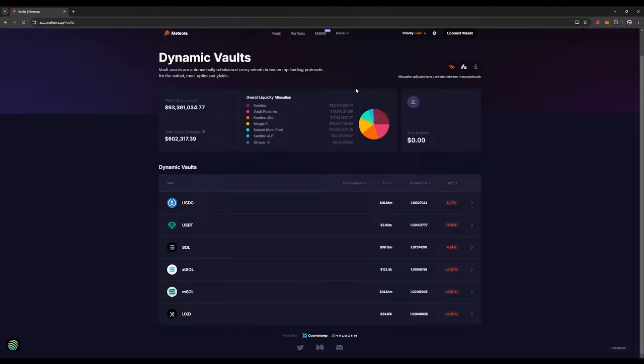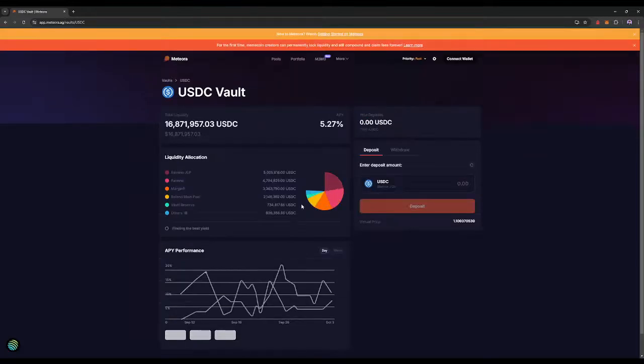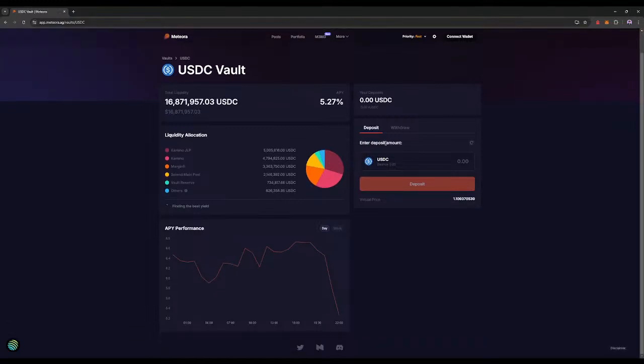And if we talk about Kamino, then we know Kamino has different markets: the Jito market, the main market, and there's also the Athena market, and the JLP market as well. So whatever assets are being sent to these specific markets, these are being tracked in real time, and you can see them here. When you open up any of the vaults pages, you can easily deposit or withdraw your liquidity,